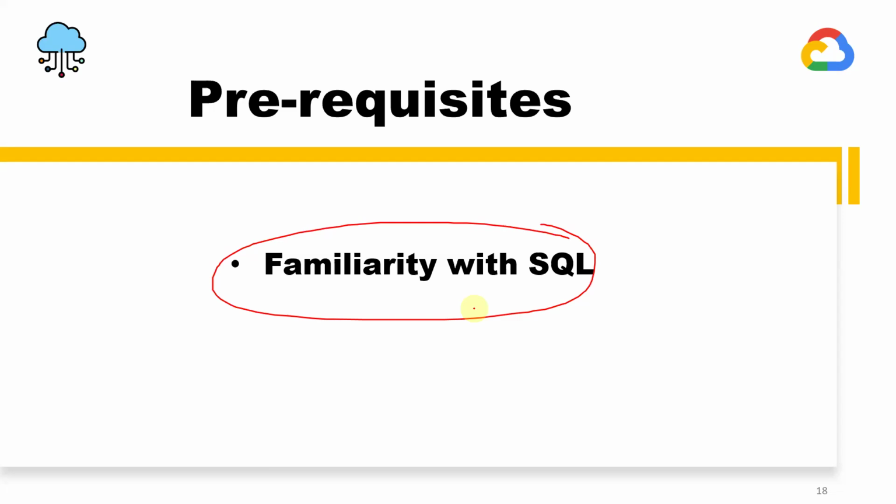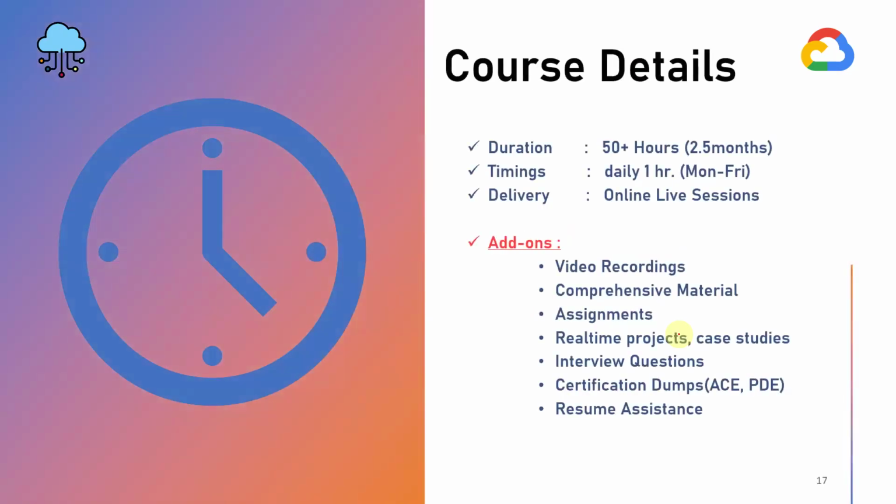The main prerequisite for this course is familiarity with SQL. And one more thing, the course details. The course duration is 50 hours, nothing but 2.5 to 3 months, anywhere between. Daily timings, as we now know, are 9:30 to 10:30. Usually my course will be completed at 10:30, because this is a demo session that is running long, but usually it will be completed daily at 10:30, 9:30 to 10:30. Daily 1 hour, Monday to Friday. Saturday and Sunday no sessions. Saturday and Sunday are for assignments, online live interactive sessions only.